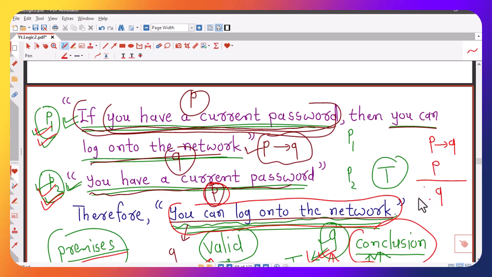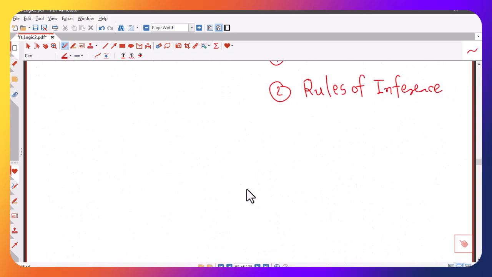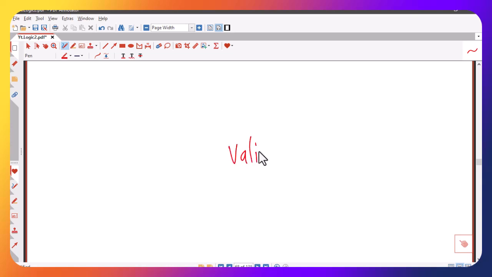So we now know that this argument form is modus ponens, and it is valid for any value of P and Q, and this argument is in this form of argument, therefore this argument is valid. So there are two ways to check the validity of an argument. First one is using truth table and another one is using rules of